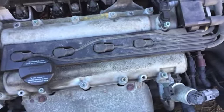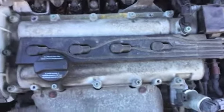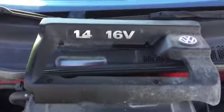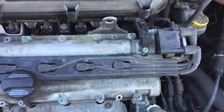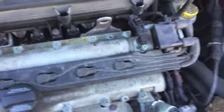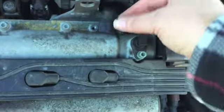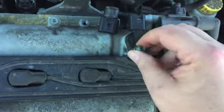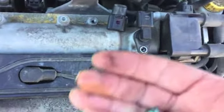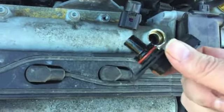It's an AUA engine code. It's very simple. First you take off the cover. It's 4 or 5 millimeter, whatever you call it. And then it's located right here. You just take the connection off, did a little bit of pre-work here, also 5 millimeter, pull it up, there you go,